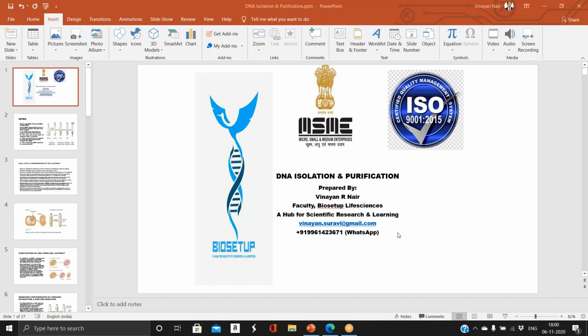In the last class, we started with isolation and purification of chromosomal DNA. So today we will go for a few more alternative methods of the same, and then we will move on to isolation and purification of plasmid DNA, which is the first step in a recombinant DNA experiment. Those who were in the last class, the process or the protocol is pretty much the same. There are some differences which I will be explaining in the consecutive slides.